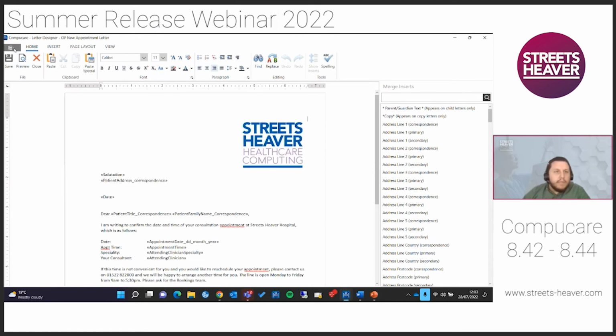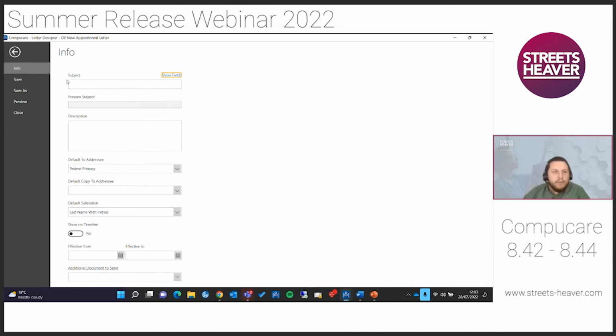If we go into the menu on the left-hand side and in the info pane, you'll see this new one here, which is for the subject. Then we've got the preview of the subject underneath as well. You can do two things here. You can enter data fields, which we'll go into in a second, and you can also free type. So if I put in an example, let's go for appointment reminder,